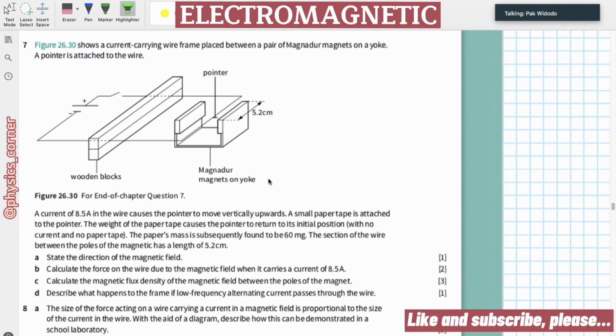Oh, I know. This is question A, about the direction of the magnetic field. We can highlight that the weight of the paper causes the pointer to go to this position. The wire moves vertically upward. It means this is the force, the magnetic force. So when we draw it,